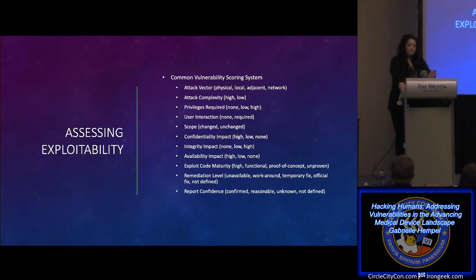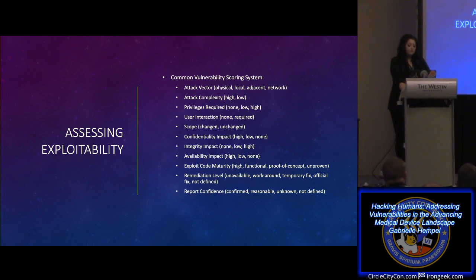So as far as assessing exploitability goes, the FDA guidance outlines a common vulnerability scoring system, and that provides numerical ratings corresponding to high, medium, and low by assessing a number of factors, which includes the following: attack vectors and whether they're physical, local, adjacent, network, etc. The complexity of the attack, whether it's high or low, whether privileges are required to complete the attack, and whether